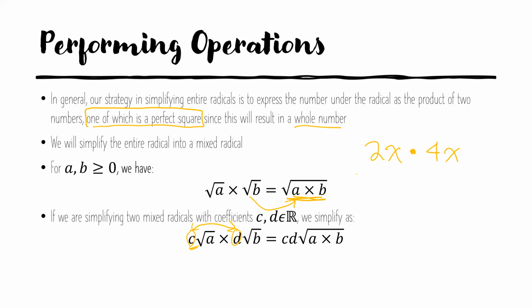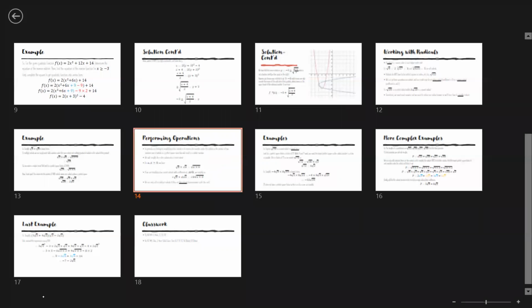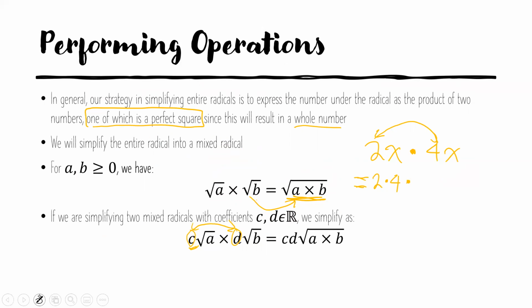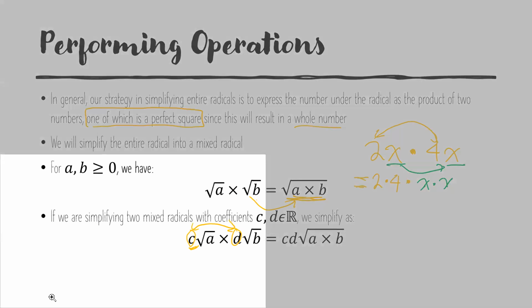If I give you something like 2x times 4x, in grade 9 you learned that you can simplify this by multiplying the two numbers together. So we just focus on the numbers: we take 2 times 4. And then what did you do next? Then you took the x's and multiplied them together, so x times x ends up giving us x squared. And so on my next line, I'm going to write,